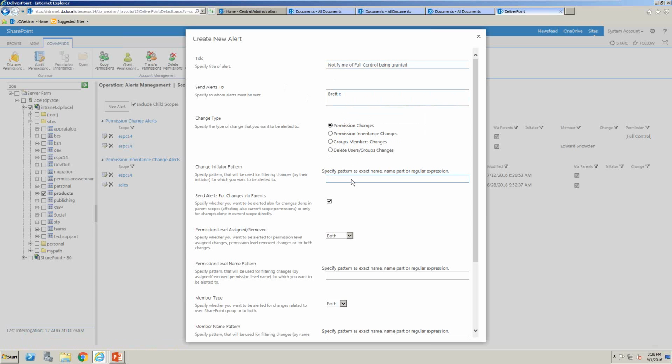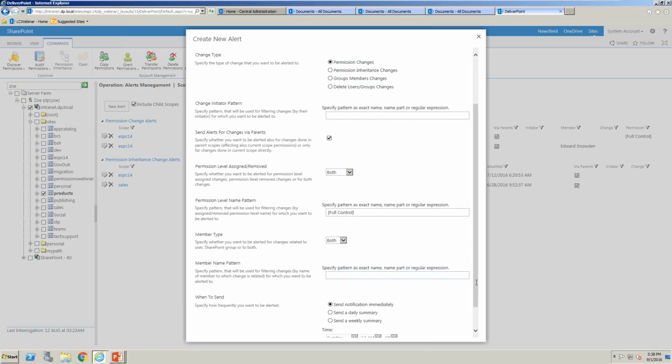We could also check for a certain permission level name pattern, so I can put full control in there. So it's only going to alert me should somebody be given full control. Or we can actually set a user pattern on the member. So again, if we wanted to be notified that Edward Snowden was granted permissions somewhere inside this site collection, we can do that. Or if it's a certain organizational unit that we want to track, we can do that as well. So this is going to look for any permission changes as long as they are full control, and we